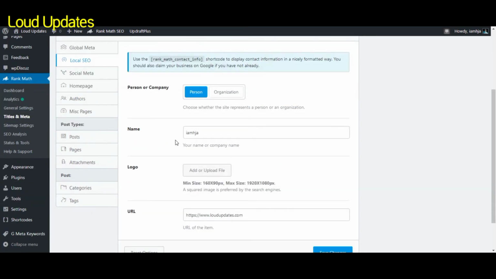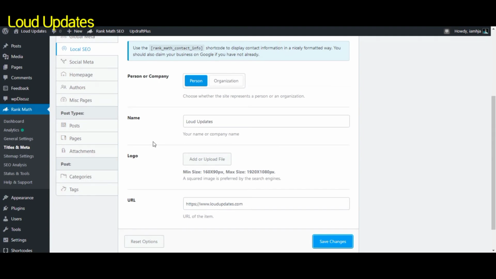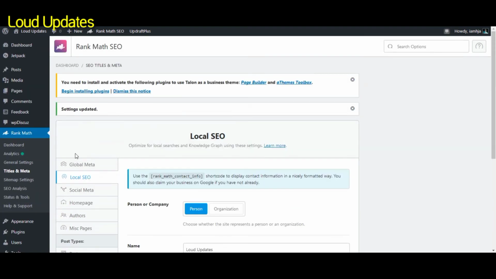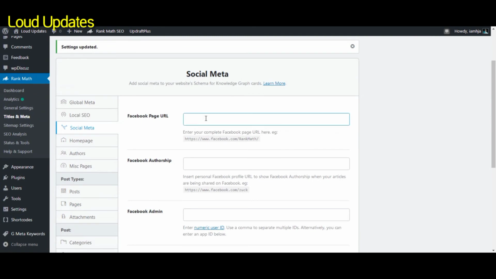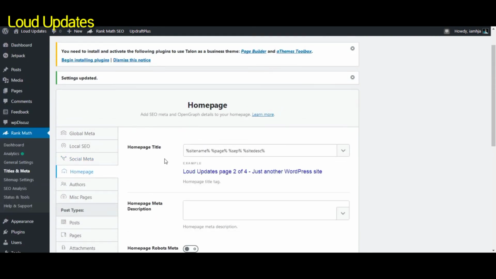The next step is local SEO. If you are a person or organization, write your name, logo and URL. The URL is already added. The next step is social meta: add your Facebook page URL if you have one.